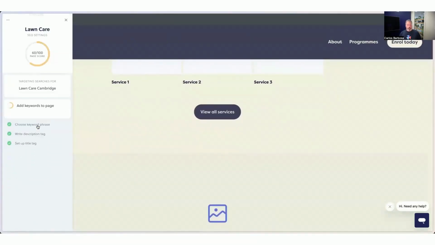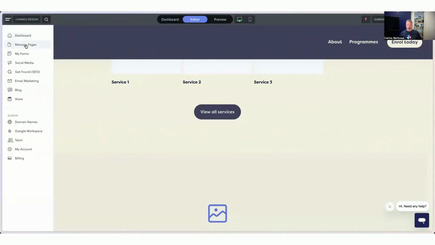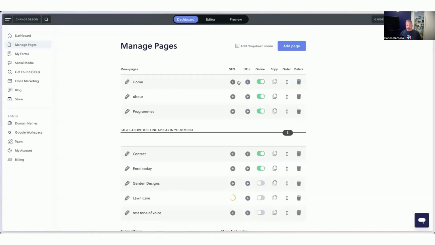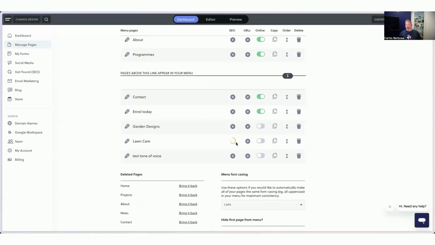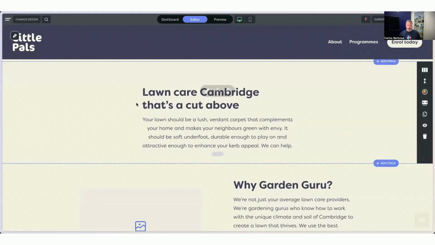At the end of that, what you'll end up with is a score. And what's great about that is it just means that you've got something to present that you can see on your managed pages area, just to know how well your pages are set up for that. It'd be nice to get sort of green, and we can actually do that. We could just have a quick look at